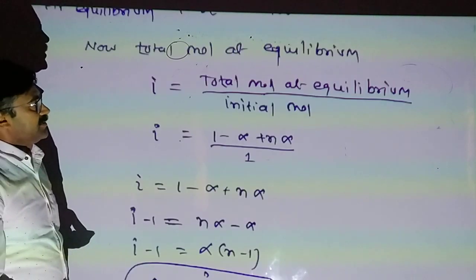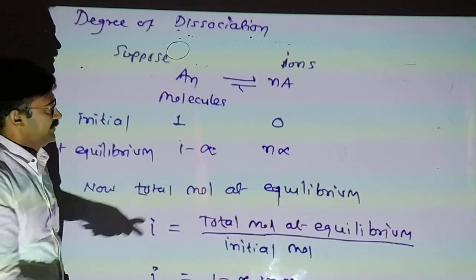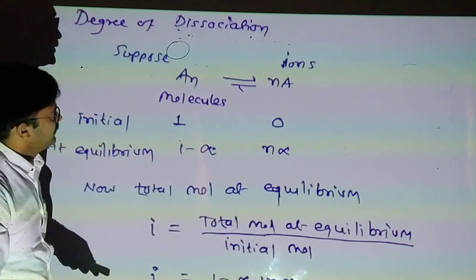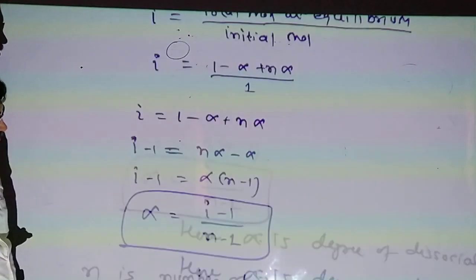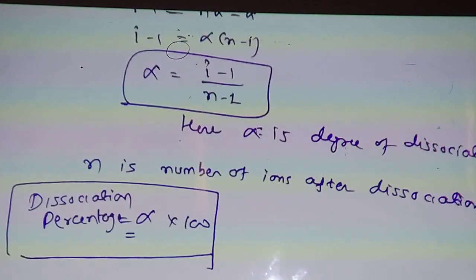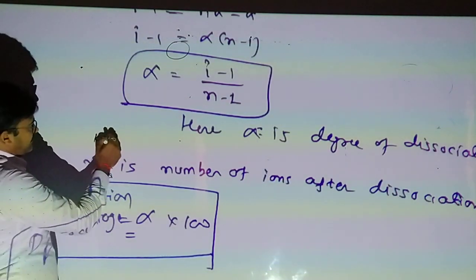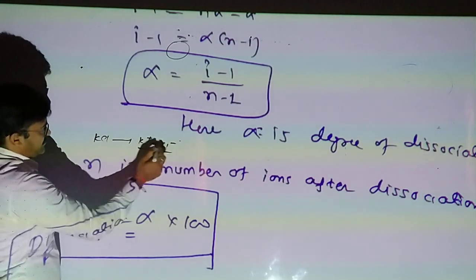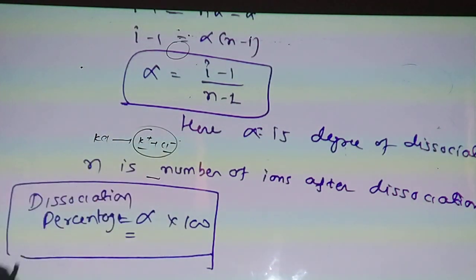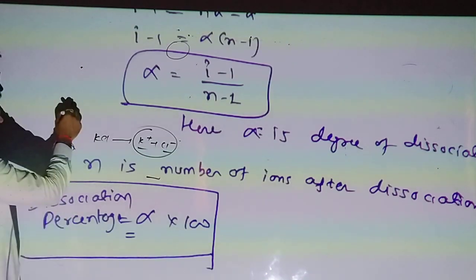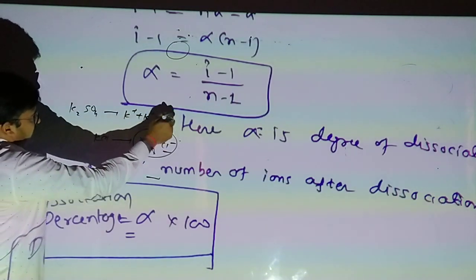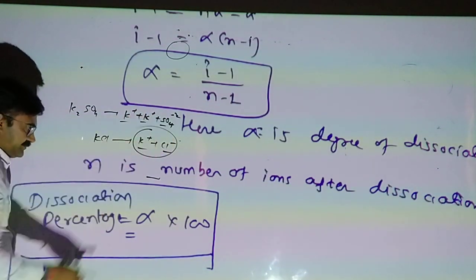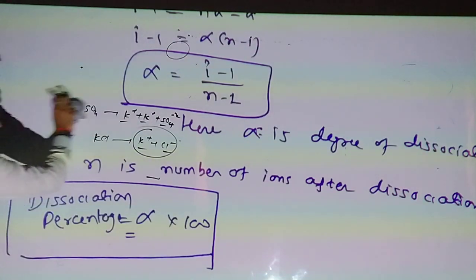And how much ions our molecule gives. So n will be, suppose A3 હોય so 3, A4 હોય so 4. After dissociation how much ion it gives. N is the number of ions after dissociation. Suppose KCl હોય so after dissociation it gives 2. So n will be 2. Understood? Then K2SO4 is given. So it gives 2K plus and 1 SO4 minus 2. So there are 3.